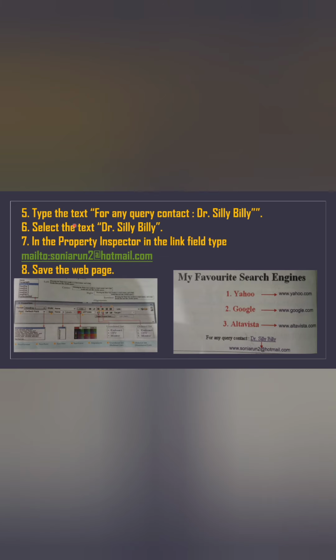Then type the text For any query contact Dr. Silly Billy. This is our next line, and you have to type this text in your document window. Then select the text Dr. Silly Billy. You have to select only this text. Then in the property inspector, in the link field, type mailto:sonyarun2@hotmail.com.